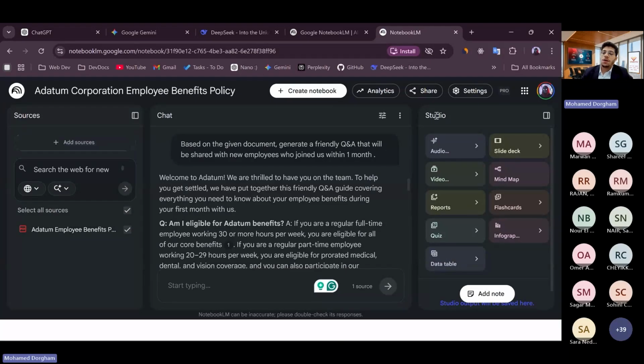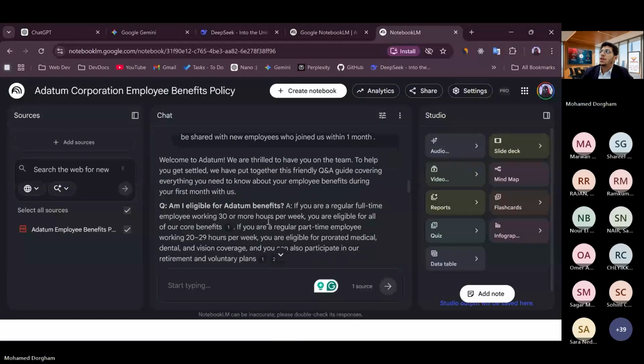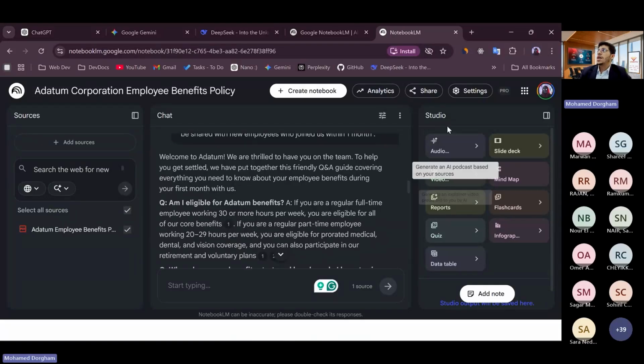If I look at the right side, I can see that there are even more options than generating or summarizing a document. And this is actually the beauty of Notebook LM. Notebook LM is not only a document summary. You can generate a lot of stuff with Notebook.